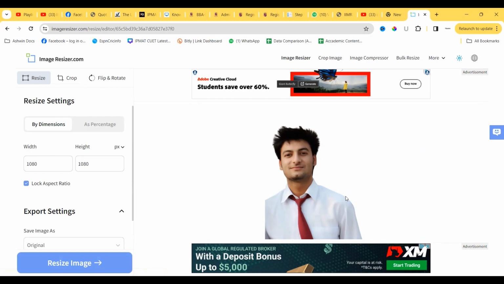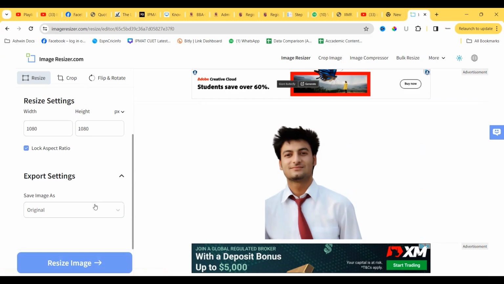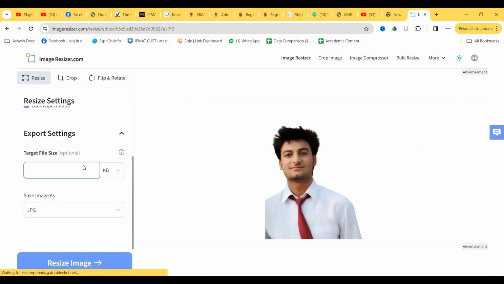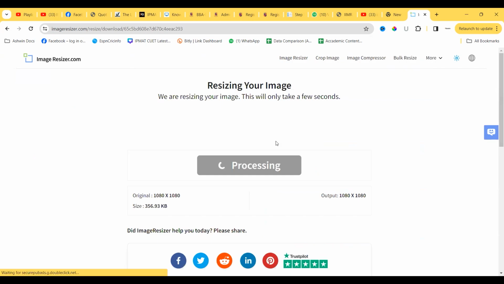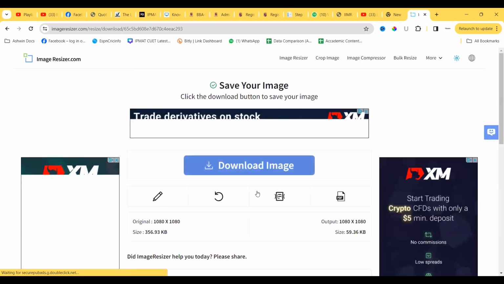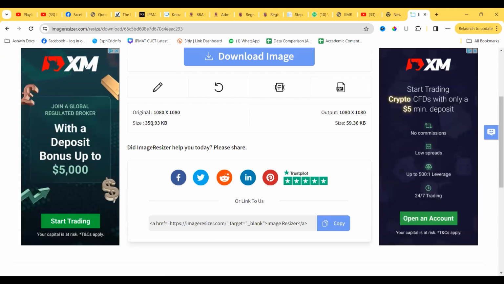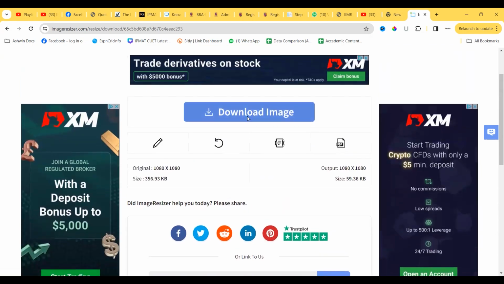And in this picture, my shoulders are not properly visible. Make sure your area till shoulder is completely visible. Okay. And now I want JPG format, and my target size is, suppose I'm putting 70 so that I get my image somewhere around 80, and I'll just resize the image. So it has given me an image. It was 356 KB earlier, and output is 559.36 KB. So I'll download my image,